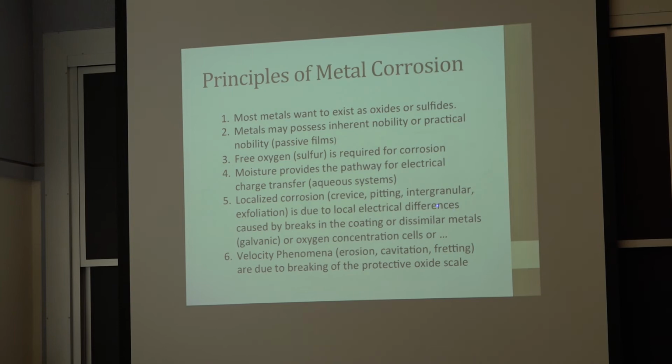Localized corrosion, and there's all different types of this, is due to local electrical differences caused by breaks in the coating or dissimilar metals, or oxygen concentration itself, or virtually anything else. I mean, this is where